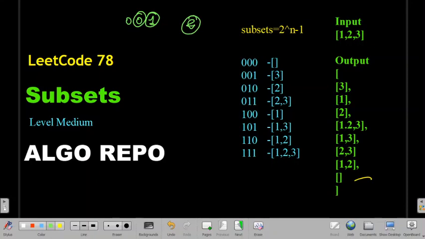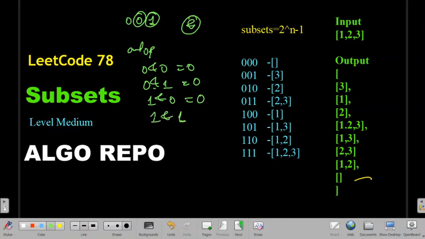So we know that in an AND operation, if we have 0 and 0, we'll get 0, that is false and false gives false. If you have 0 and 1, that is false and true, still we get false, that is 0. In the same way, if we have 1 and 0, when we do AND operation, we'll get 0 again. But when we have 1 and 1, that is true and true, then we will get 1, that is true.